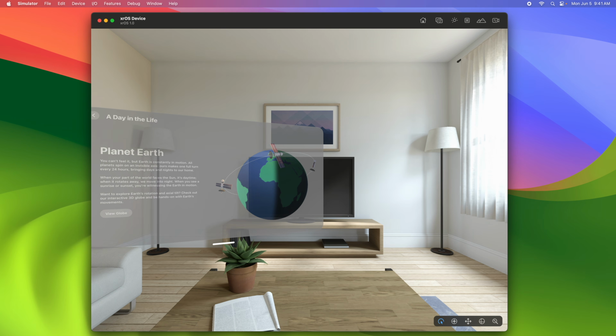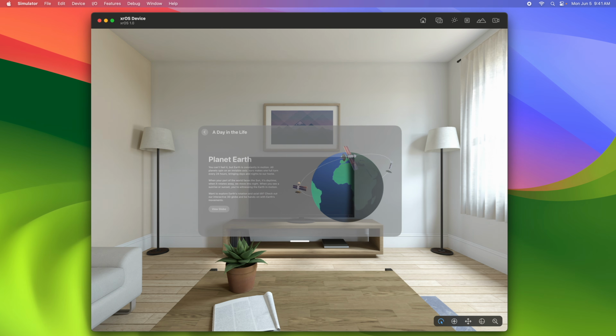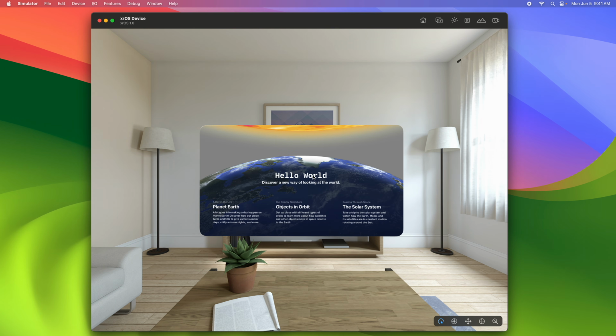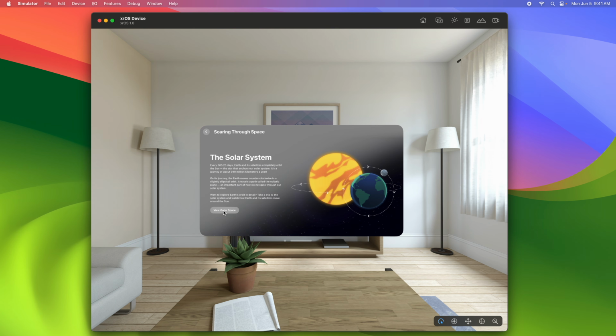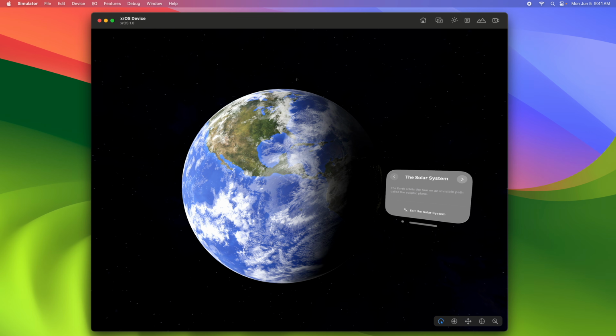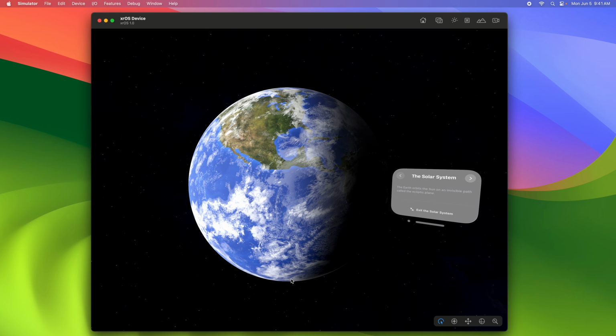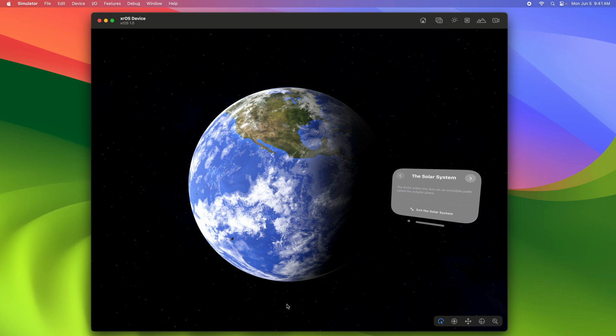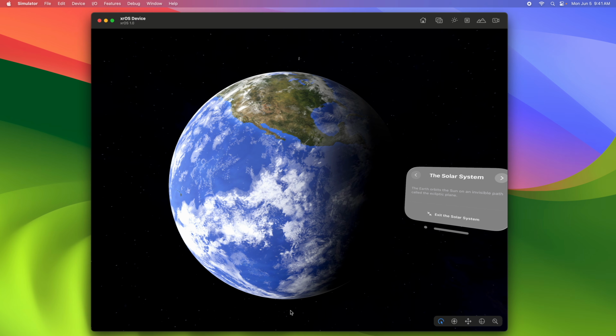Going back to our main window again and selecting View Outer Space brings up an invitation for us to enter the solar system. From here, we can enter space, which is shown here with an immersion style of full. Our example renders planet Earth and dims pass-through, allowing us to focus on the content with no distractions of the surroundings. Now that we have seen how this looks in action, let's break down some of the functionalities of Hello World and show you how to use these concepts in your own apps.